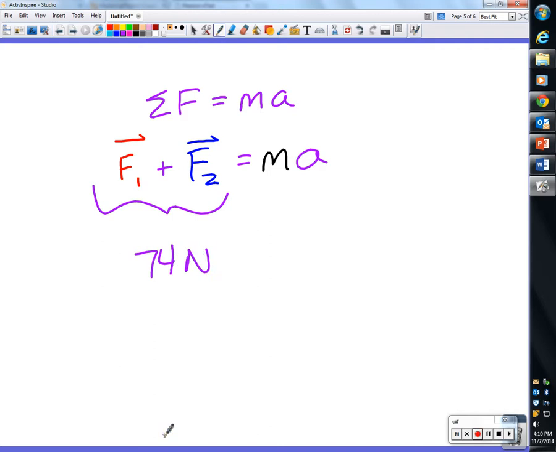Now in this case, I'm not going to include the direction at this point because that's going to be important more when we're determining the acceleration of that object, right? So 74 equals 940 kilograms times A. And when we do that,